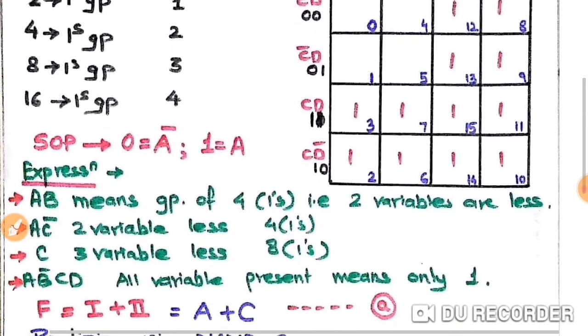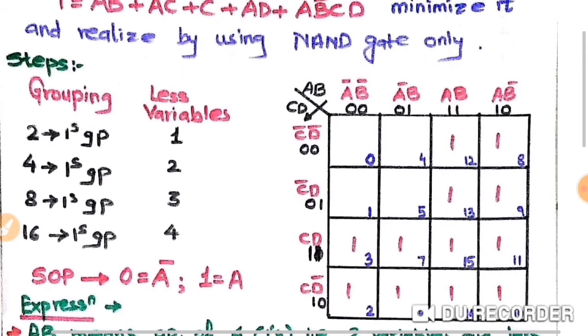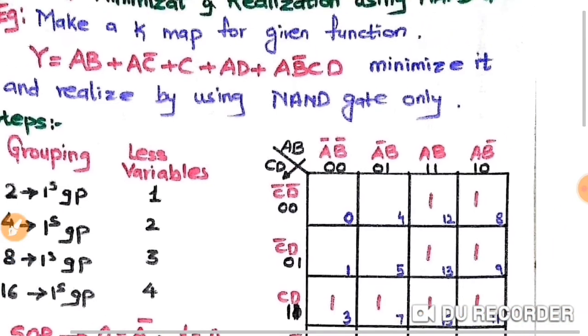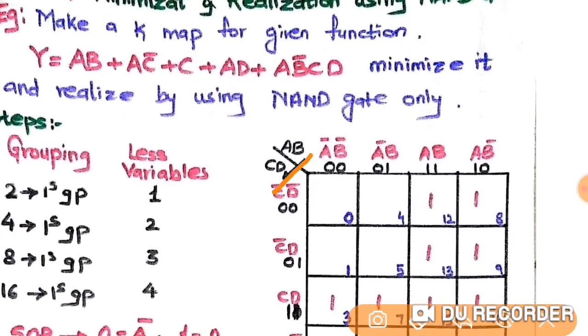According to the expression given to us, we will start filling the K map. So what was our expression? The expression was Y = AB. First term is AB. So how are we going to fill it up? First we will find out the particular column of MSB. As we know that we have written MSB here and LSB here, and whatever we are going to read, we will read it in this direction from MSB to LSB, right?